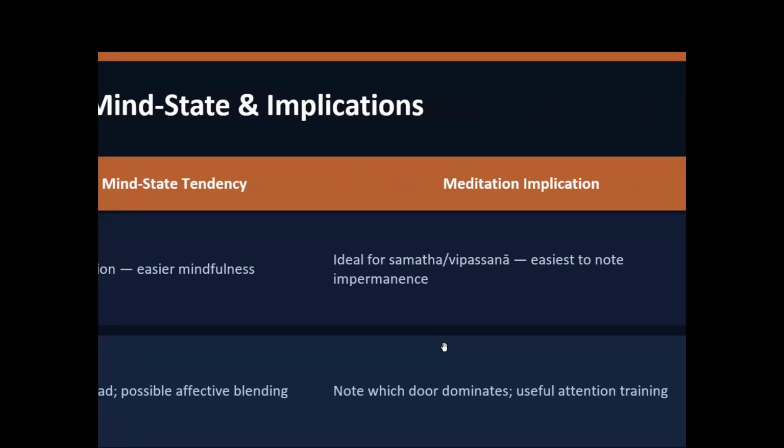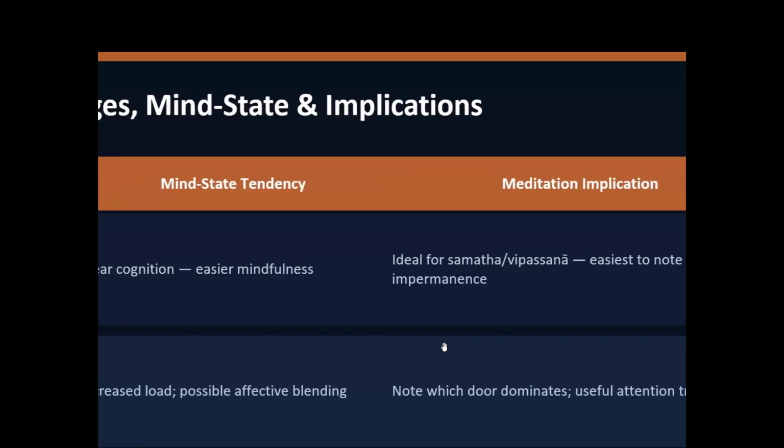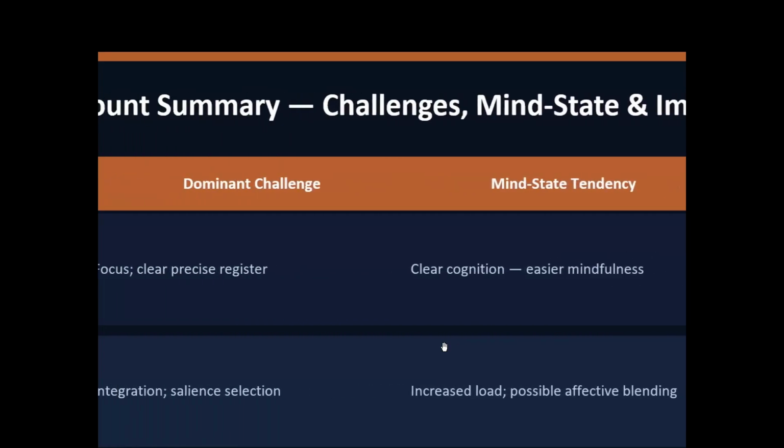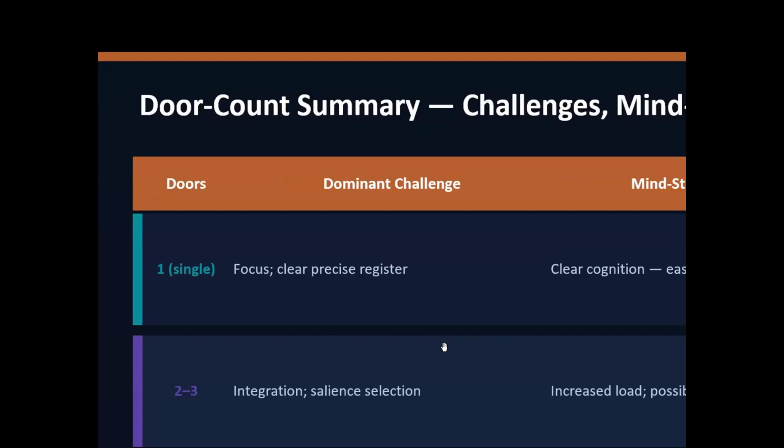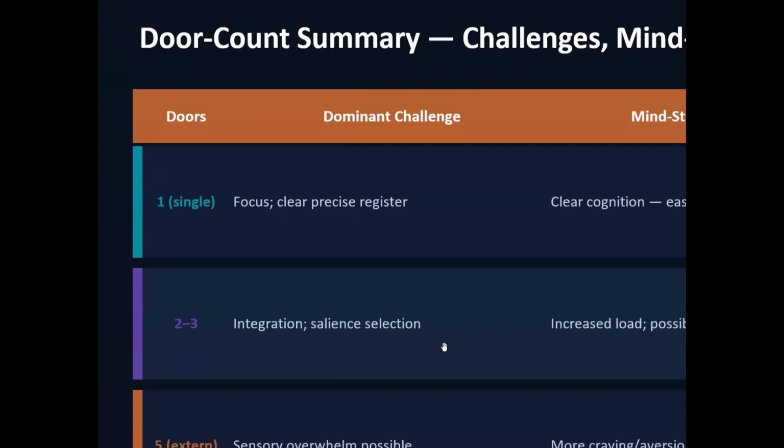Okay, so especially in meditation, you come to a time when you are in this kind of jhana state. You feel like you're no more breathing, but actually you're still breathing. But you feel so funny that you're not breathing at all. So all these things, by this meditation, you can see happening if you are monitoring yourself. If you have two or three senses, it's called integration or salient selection.